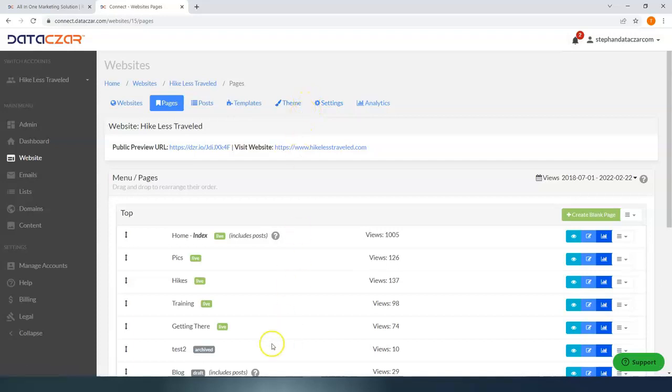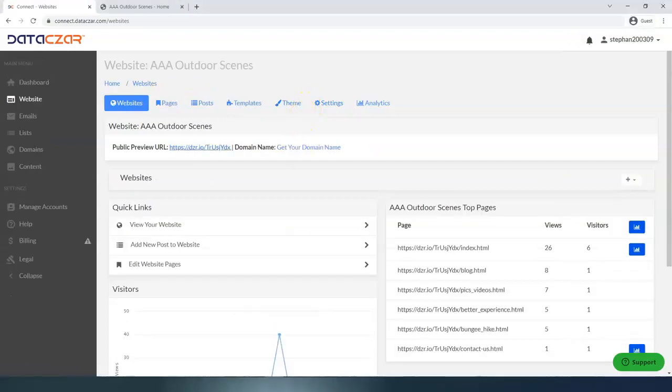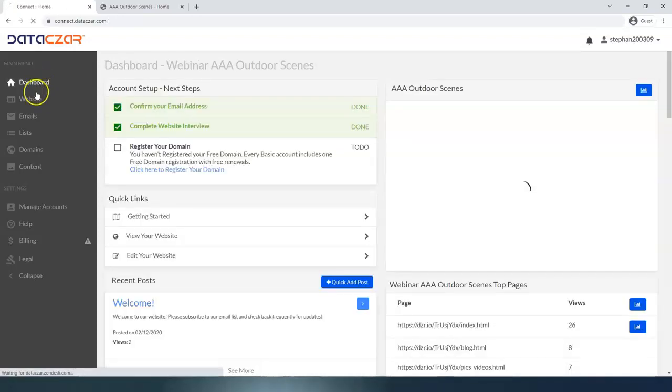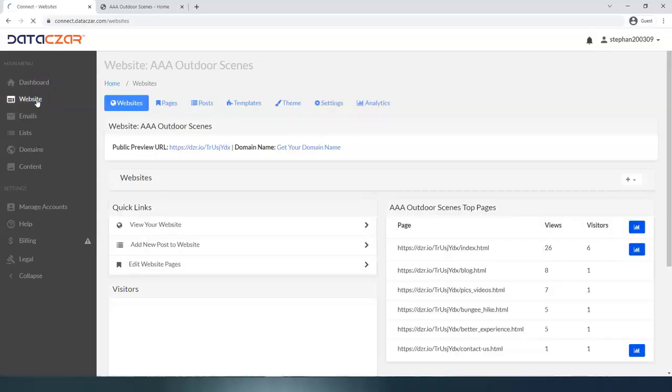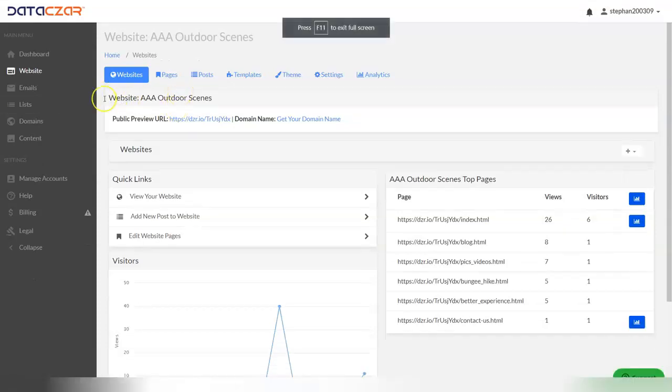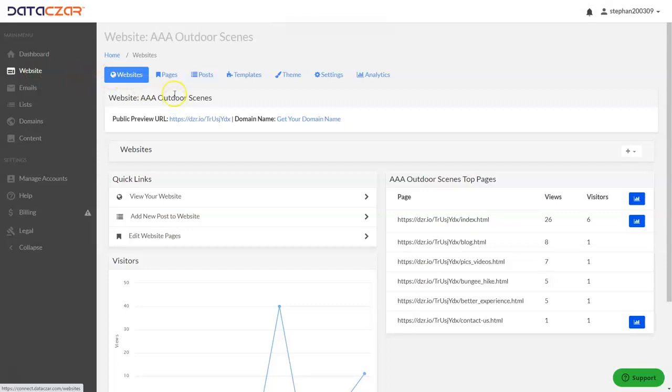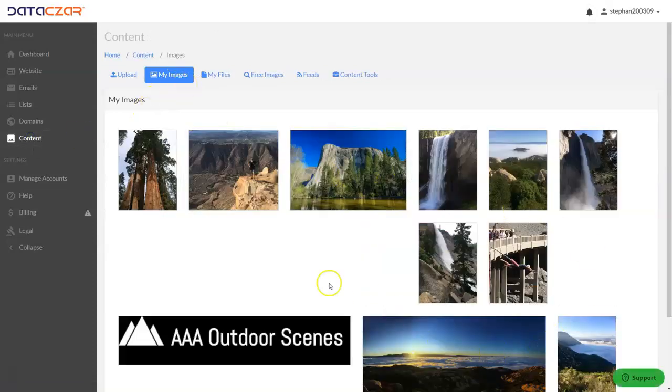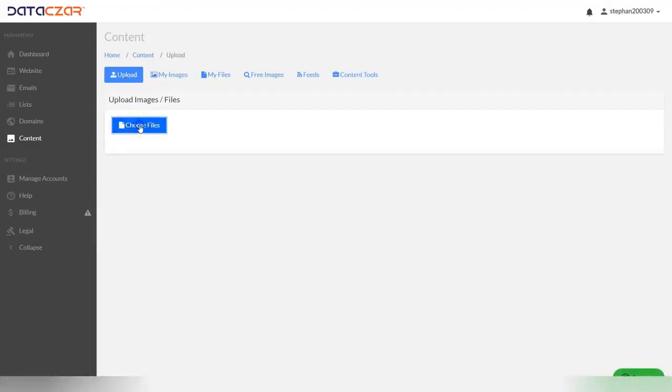So let's go ahead and go back to our other account, our AAA Outdoor Scenes account. And again, we started on dashboard, and then we went to the website button. And let's go ahead and go back into full screen here. So to work on your website, you're going to click on the editing tools here. Before we do that, the first thing I want to show you is how to upload a photo. We're going to click on Content, and we preloaded a bunch of images for creating the website. But if you want to upload an image, you just click the Upload button, you choose the file,